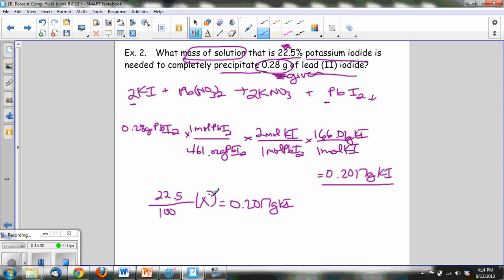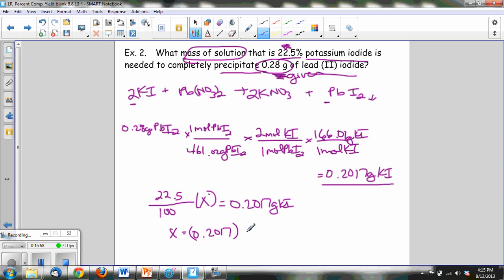So what I should be thinking is, if, let's call it 25% just to make it easy. If 25% of a solution is potassium iodide, then 25 goes to 100 4 times. This should be approximately multiplied by 4, which would give us about 0.8. But we know it's going to be a little smaller than that because that's not 25%. When you do your math, you multiply by 100, divide by 22.5, you'll get x is equal to